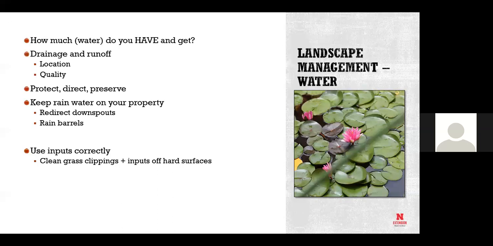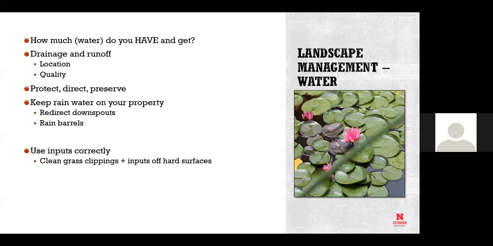So again, the redirecting of downspouts, if you haven't done that or you think you can't afford to do that or you aren't paying attention. Every single time it rains, I go outside and figure out where stuff's going because our basement's always wet. And it doesn't matter what I do, our basement's always wet. There's something going through the neighborhood. But it sure helps to put on the downspouts and redirect. Okay. And then the inputs thing.